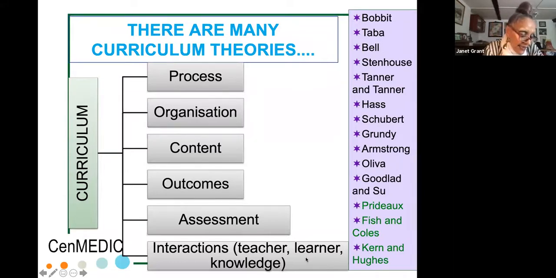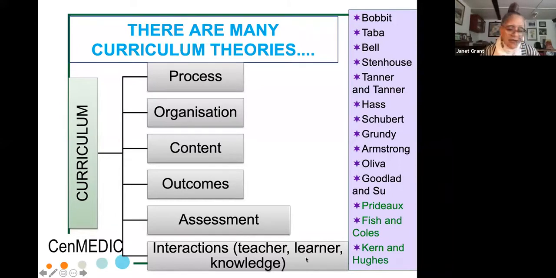And I just did this yesterday, actually. I just listed a variety of educational theorists that I could think of. My favorite is the fourth one down, Lawrence Stenhouse. He is my education hero. The ones at the bottom in green talk about medical education. But medical education is derivative. Not much comes from medical education. Almost everything is imported from somewhere else. So you need to know where it's imported from.